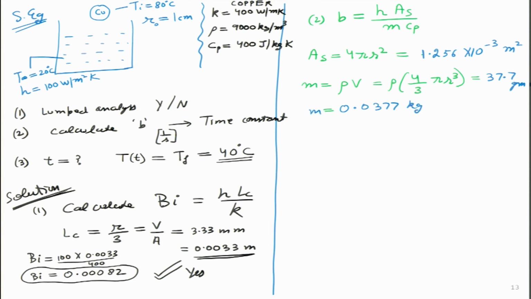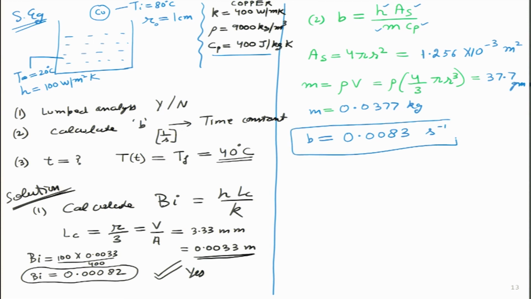Once I have my mass value, I have the As value, and the h value and Cp are known from the problem statement itself. So, we can plug in all these numbers and calculate the value of B. Let us go ahead and do that. The B value turns out to be, we need a calculator to do that, but I have done that calculation beforehand. It seems it is a very low value, and the units I can put now, because B actually has a unit.